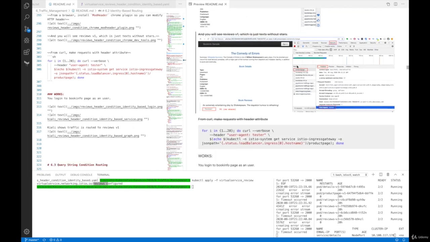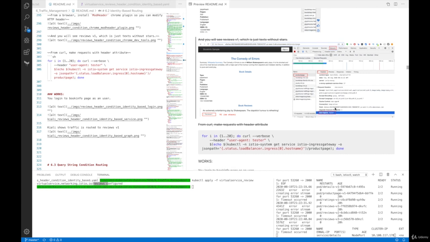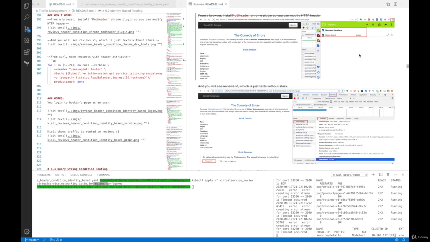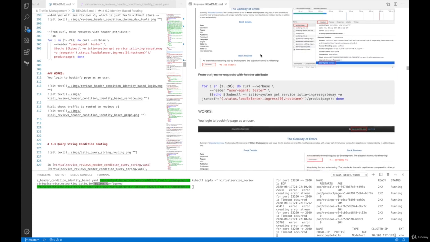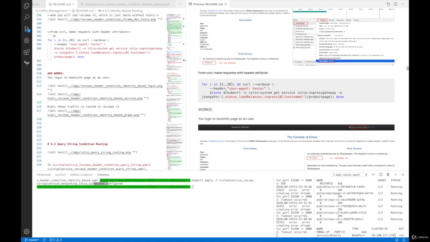I opened up the Chrome developer tools and I see the request header contained this attribute that I set using a browser plugin, but still the product page service and app didn't pass this one to the reviews app. So obviously curl didn't work either. Curl with --header, user-agent or end-user, tester, or whatever values you define in the YAML file,